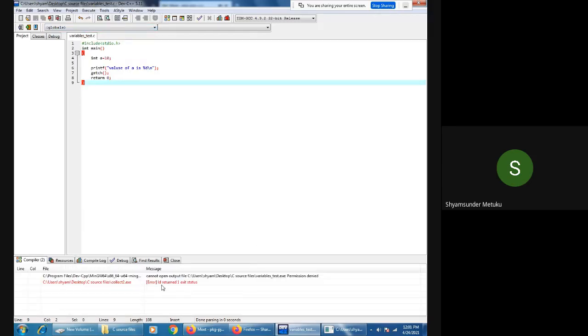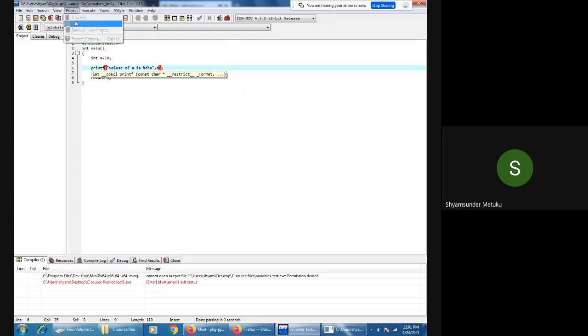So what is it telling? You can see the error here. There is some syntax error, right or not? When you mention a format specifier here, this printf is definitely expecting at least one variable. Is it okay? Is it okay to all of you? So I must mention at least one variable related to %d, called a. Then it is okay, perfect.